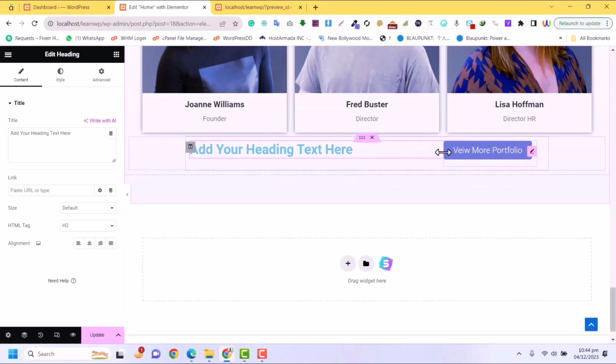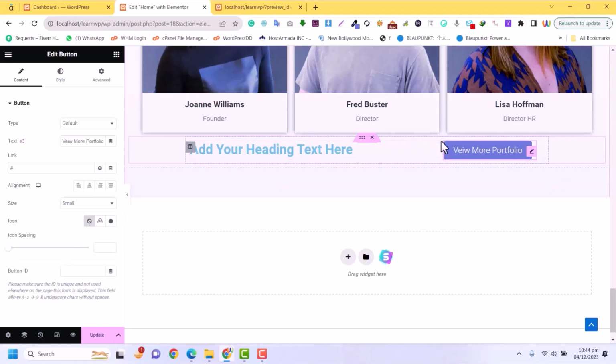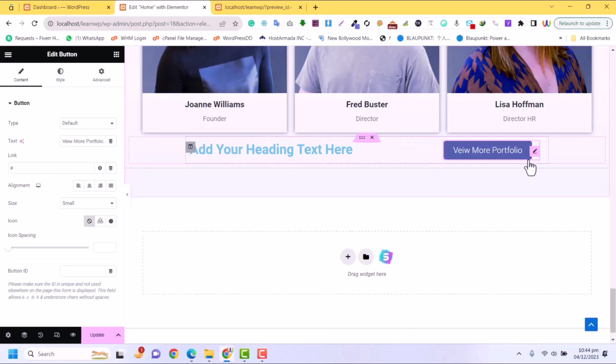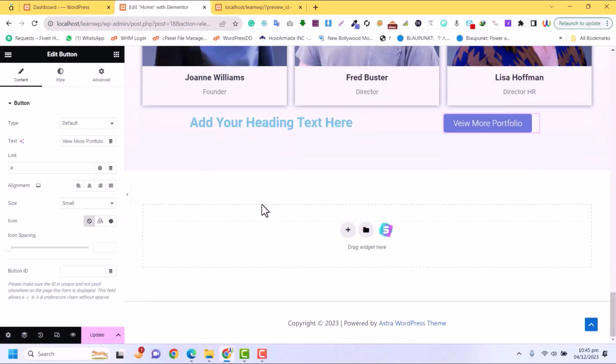Okay, so this is a very beautiful feature of Elementor. Whenever you decrease or increase the size of anything, this will automatically be inline. Okay, this is called inline. Okay, whatever. So here we just want to add